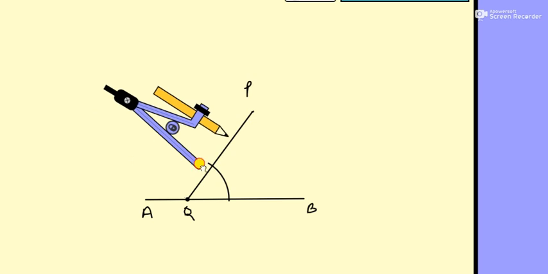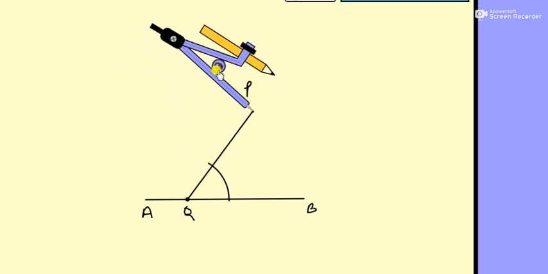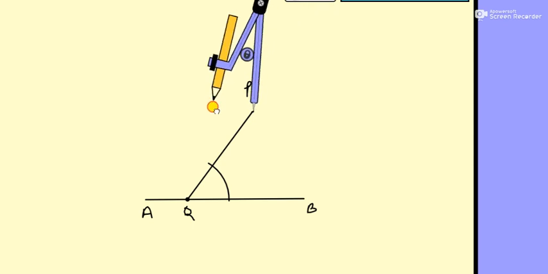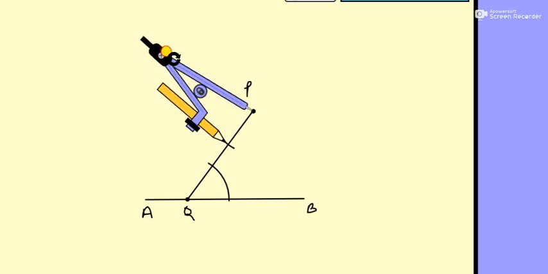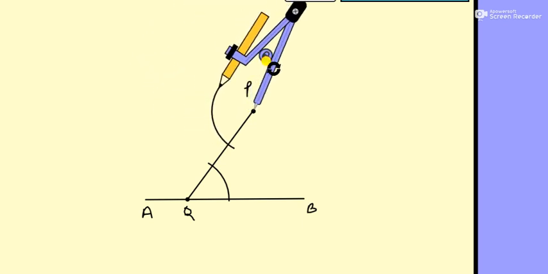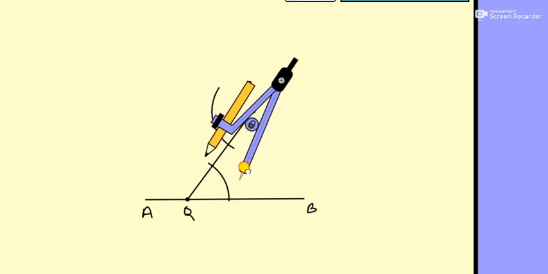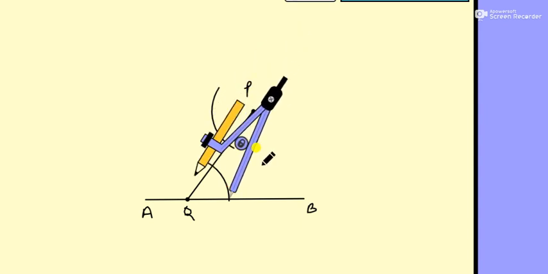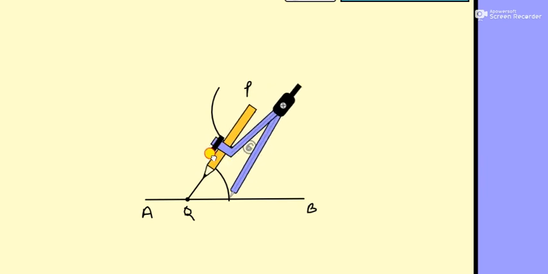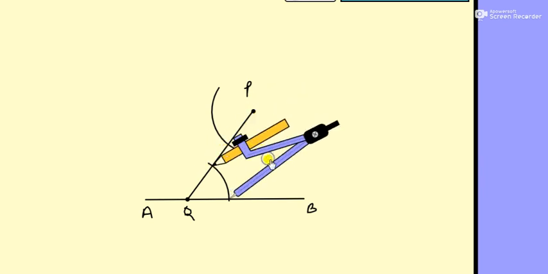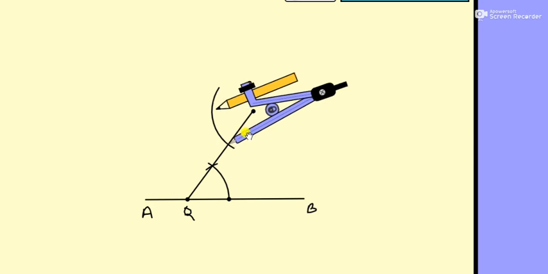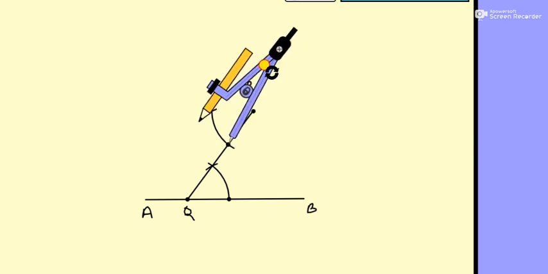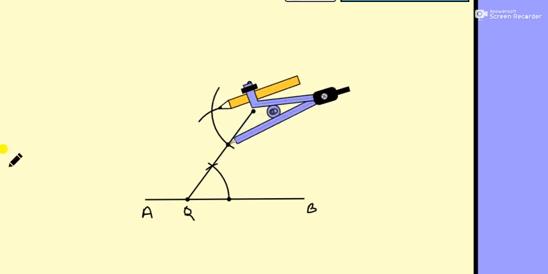And also from P, you can make here at point P an arc like this. Both are very easy. Now come to this point and take a distance like this. You have to take this distance and make an arc like this. And also with the protector put here at this point and make an arc like this. Now remove the roundel.